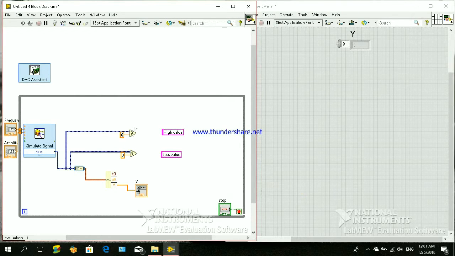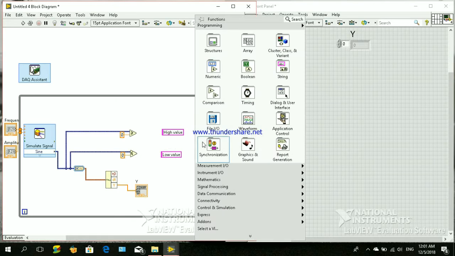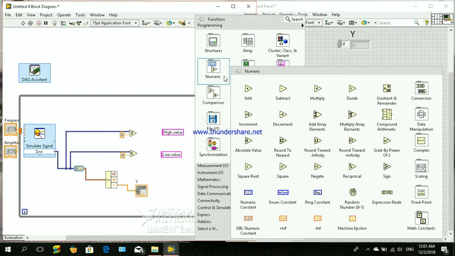If the value of the signal is greater than this value here, it will show up a high value. If the value of the signal here is smaller than the value here, it will show up low value. So now we will create a select component,